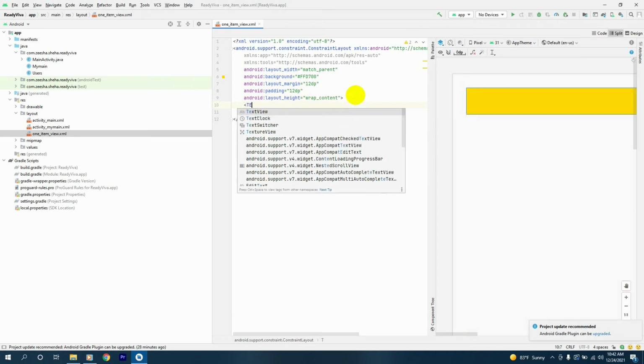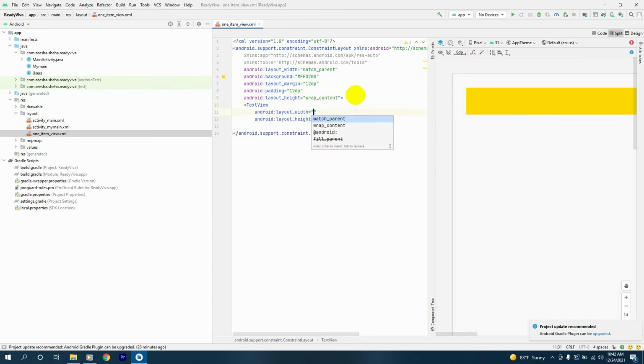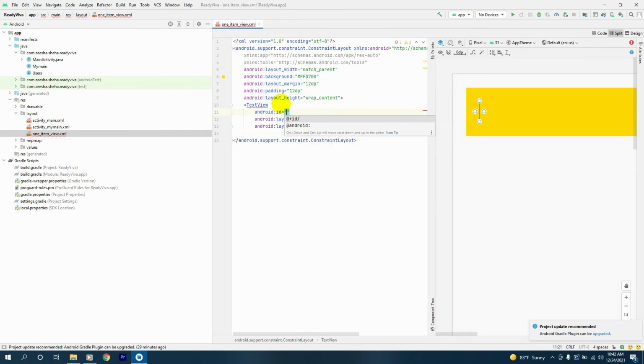Next thing, let's have a text view. Its width will be wrap content and its layout height will be wrap content as well. We'll give this an ID. The ID will be user name. We'll close this from here, and inside this